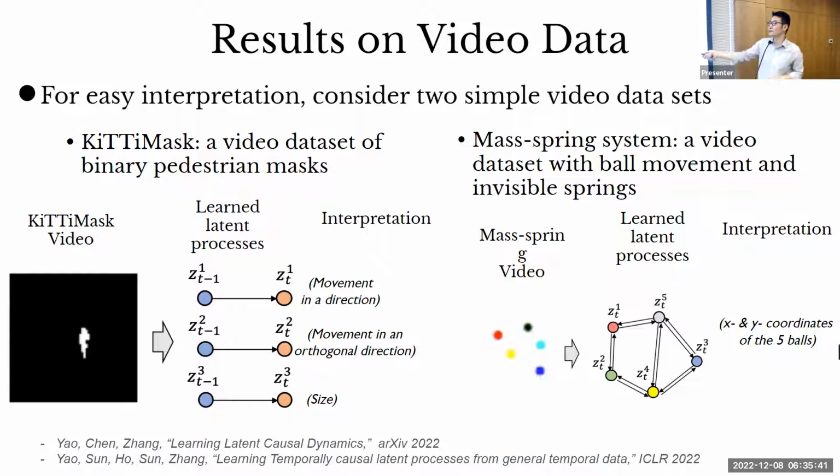You have the video as input, and this is the output of the method. Essentially, they learn the 10 latent processes that are just X and Y coordinates of the 5 balls. It's cool. You just recover the objects in the video without making use of any supervision signal. And at the same time, you can recover their causal relations. So one ball will influence another if there is a hidden spring between them, with some time delay. It's cool. Now you can see this is completely general because you benefited from the temporal constraint, or time information.